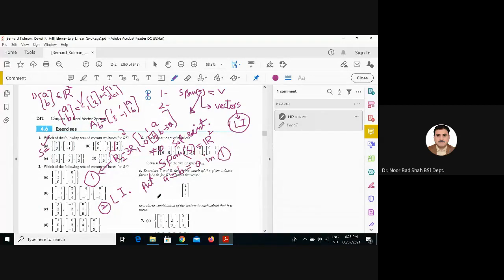This matrix becomes 1, 1, 0, and 0, minus 4, and then 0, because we are putting A and B both as 0. In this case in echelon form we have two rows, two equations, and we have two variables. So it means this system has only the trivial solution. We have a unique solution. Unique solution means only the trivial solution, and that means